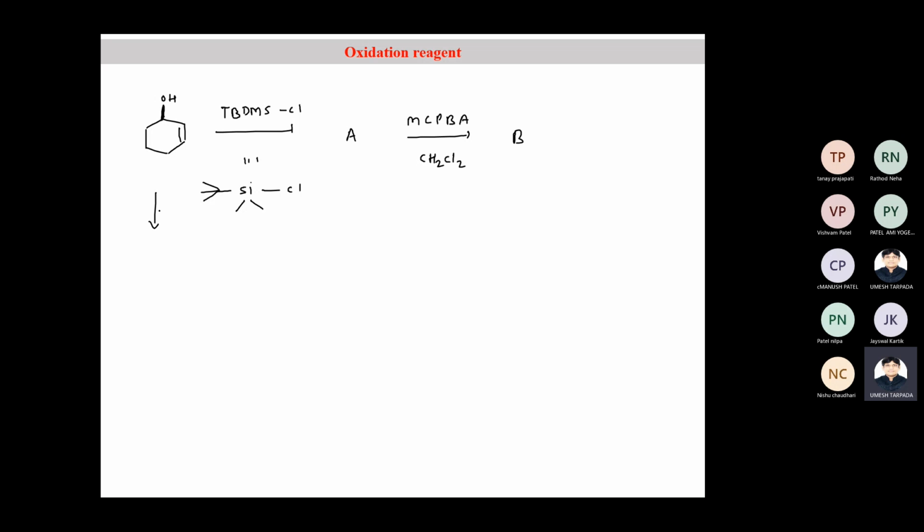And if you do direct metachloroperbenzoic acid over here, then you may have a reaction which takes place in the same direction because of the hydrogen bond. This is because of the H bonding. But here what happens, this OH will attack on this one, and it is converted to this compound. The product here becomes this one.